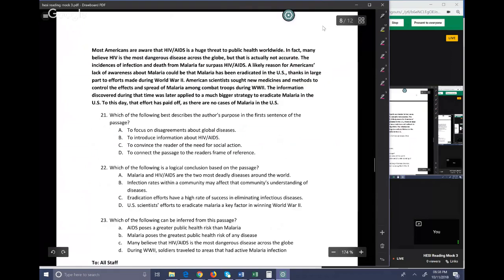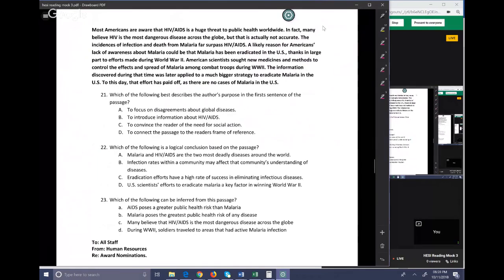The next passage, again, you just probably got a main idea. I guess what I'm saying is a main idea is that it's not structured where you identify that and then you identify how things play that out, because it's just one paragraph. It's one paragraph that says, many people think HIV and AIDS is the greatest public health threat. Little do some of those people realize malaria is a bigger threat than HIV and AIDS. They don't really talk about any other disease, which is going to be important to the way we answer questions.